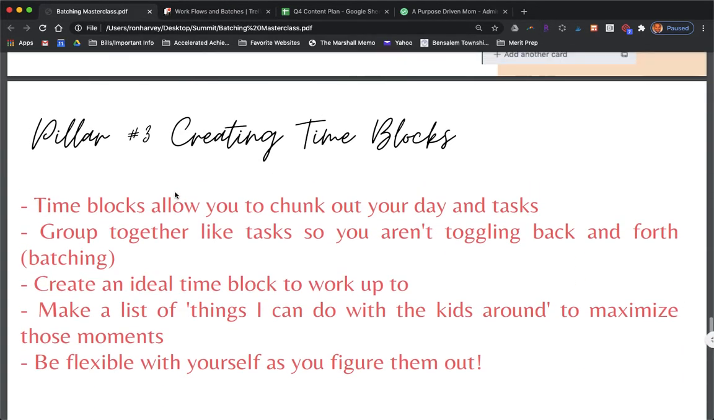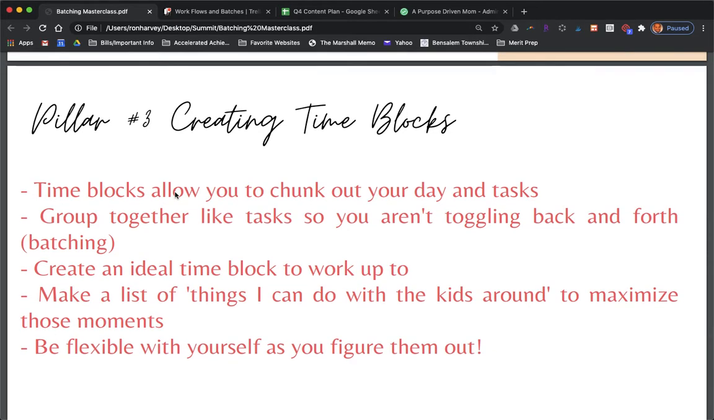All right, so after you've gone ahead and batched out when you're going to work on stuff, you're going to want to make some time blocks so that you can chunk out your day, especially now, working and managing your home. There's a lot going on. You're going to want to group your like-minded tasks together